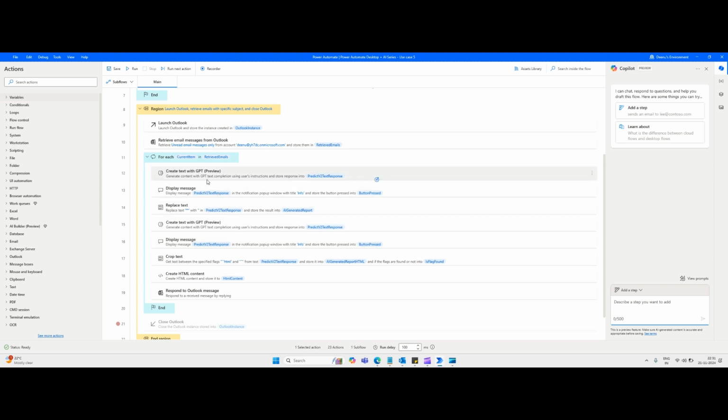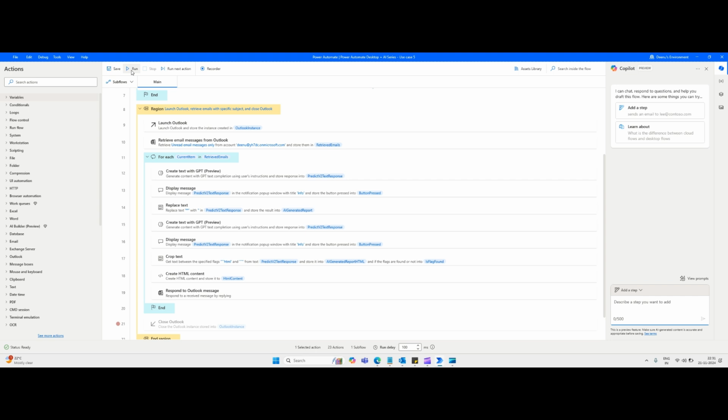Then in the email we have the patient ID, right? With that ID, it will try to get the relevant information on the patient. Then it will interact with ChatGPT. Then it will generate the lab test report. Okay, so quickly I will run this flow so that you will understand